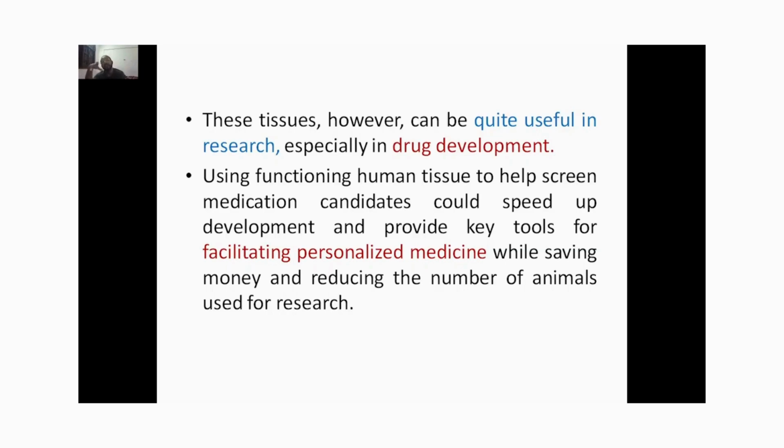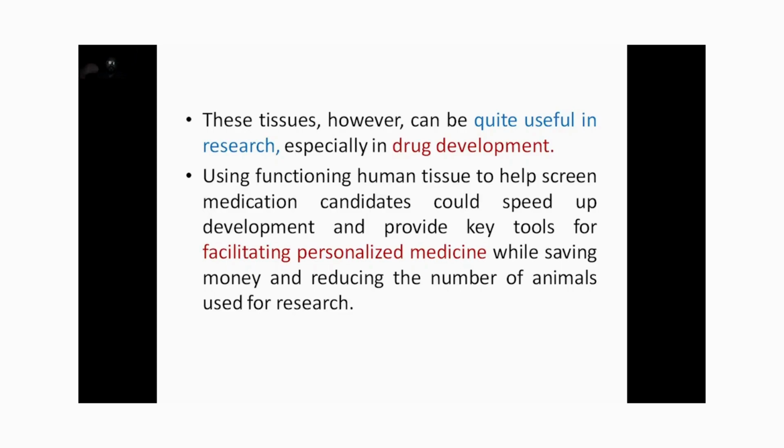So using functioning human tissue to help screen medication candidates could speed up development and provide a key tool for facilitating personalized medicines, while saving money and reducing the number of animals used for research. So this is what we can do with the available tissue engineering products.